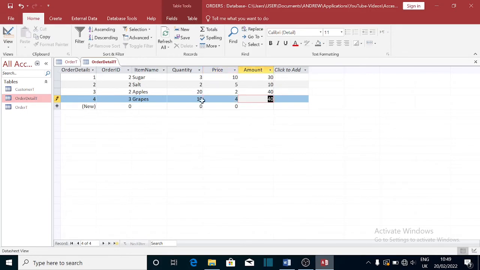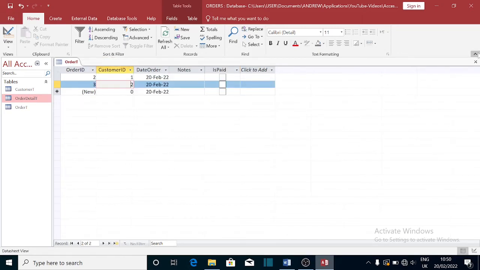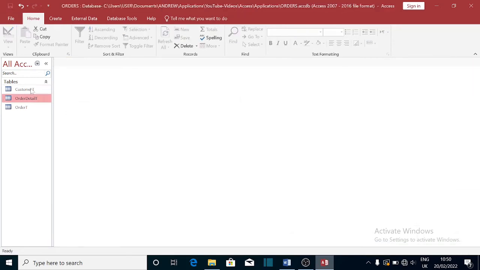I will show you how you can deal with rounding of numbers or keep decimal points. So this is how you do it. And in short, you can see, I can close now this. This customer table is connected to the order table, and this order table is connected to the order details